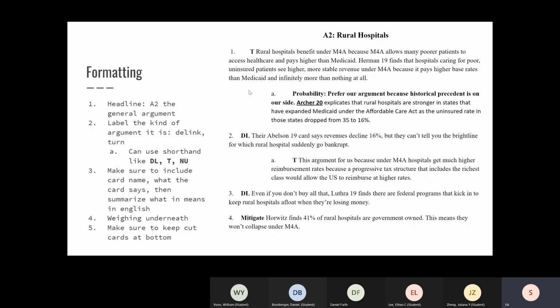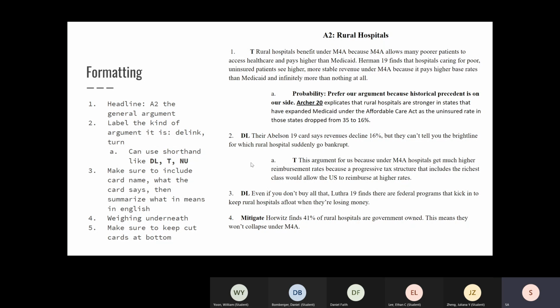We have 4 arguments, and you want to label what kind it is. So right here, I've used shorthand T. I bolded it. T for turn, DL for D-link, and then I just typed out mitigate, but you could probably do M, right? And you can make up your own shorthand. This is just what me and Hannah use. Like non-unique is an NU, right? But you can definitely use your own, whatever makes sense to you. Maybe D-link is just D would make sense to you, right? I don't know. But you do want to label your